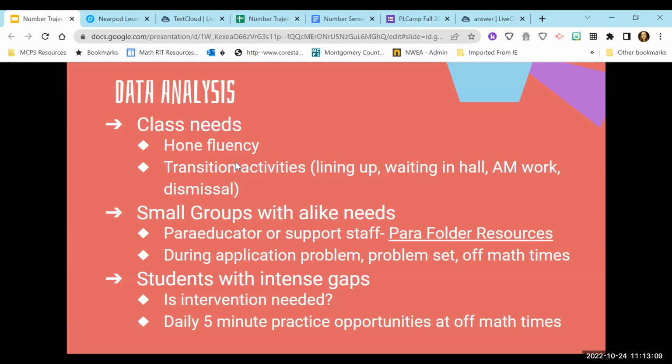You can explore during transitions, like walking in the hallway with subitizing cards or counting as they line up, just to have them hear the sequence in their head. There are things you can add in that are just part of your day that aren't math per se, the math time. If you have a small group or maybe a student with an intense gap, that's when you want to explore, perhaps with your math content coach, or if you have a paraeducator in the room, is there somebody who can help